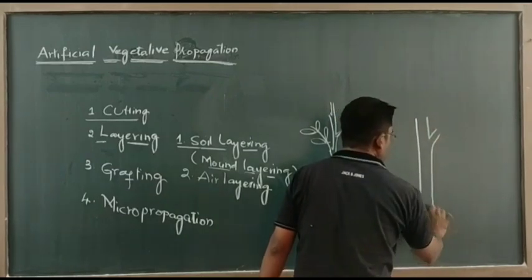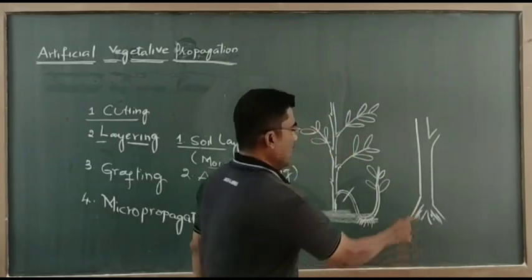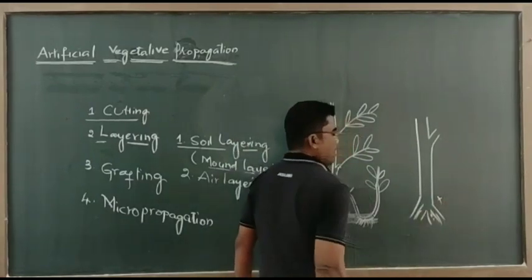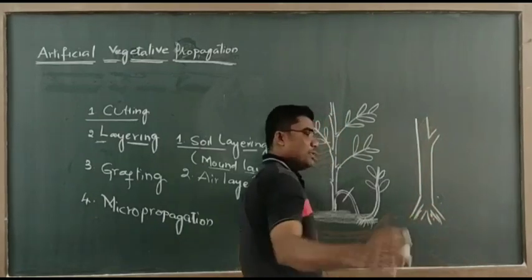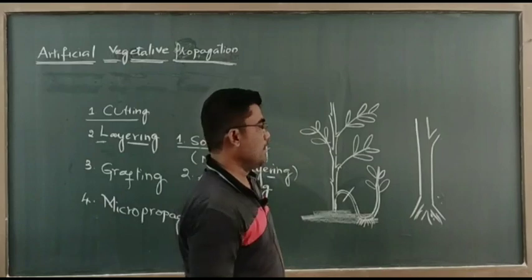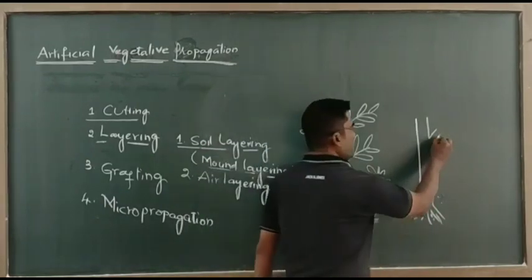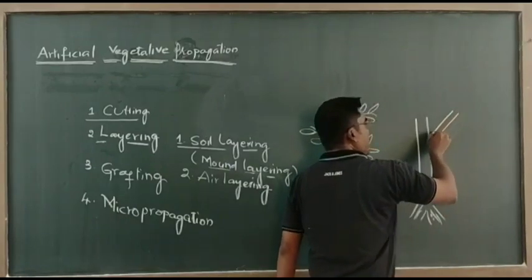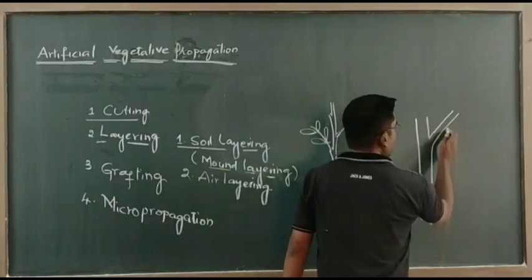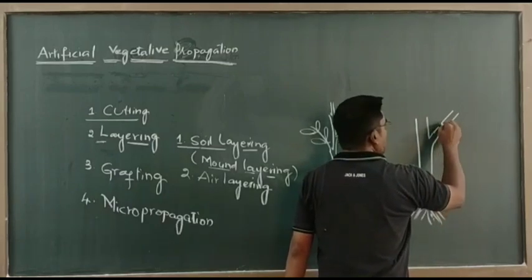Just observe this one. This is a woody plant body, and it does not have lateral branches at ground level. It has branches at the upper level, and those are stronger, woody branches that are not flexible. In such cases,